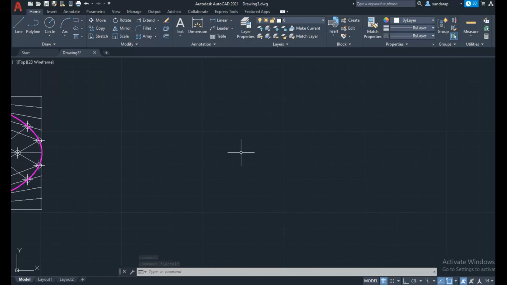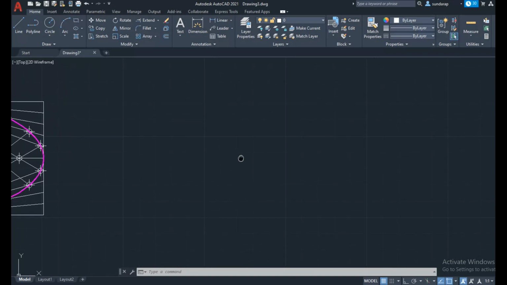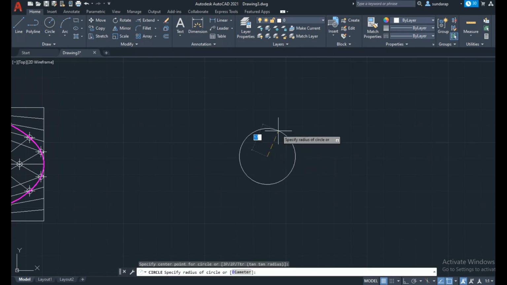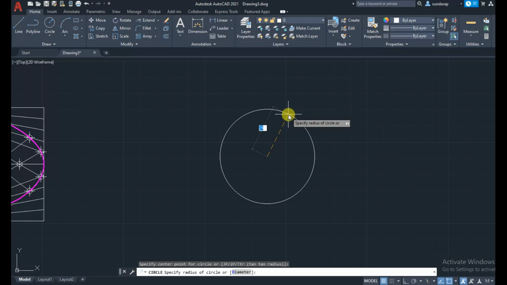For the second one, I am going to draw the ellipse using the concentric circle method. The major length is 150 mm, so draw a circle of 150 mm diameter.